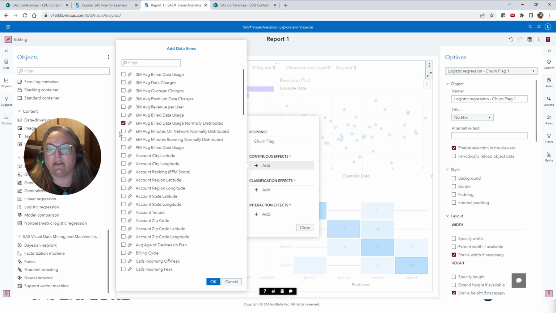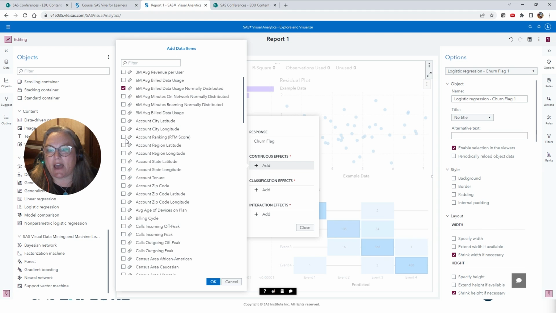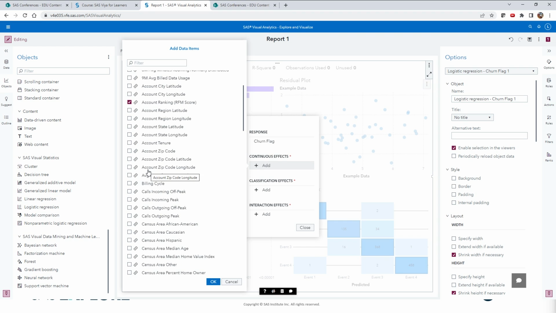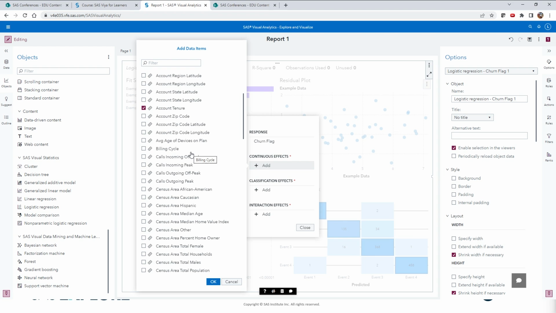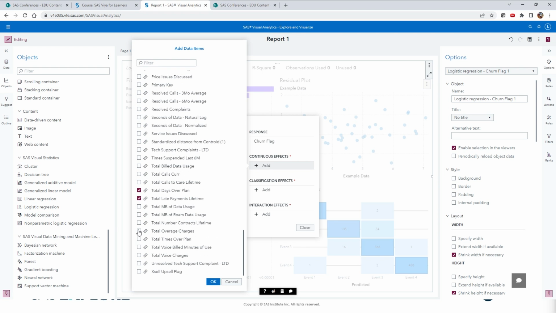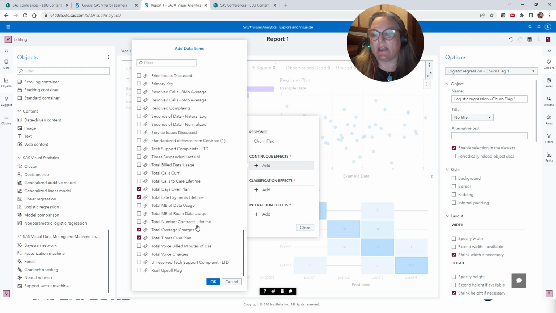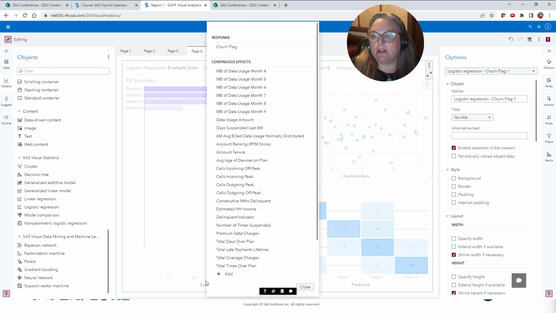I'm not going to sit here and wait for it to run. It's super fast. Okay, I think we'll start with this. Again, I can always come back and grab some others.